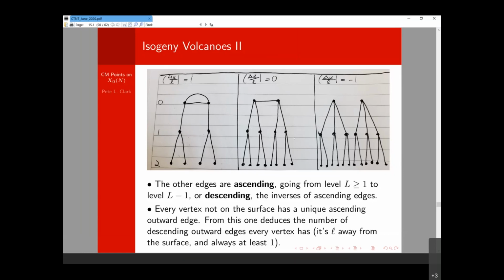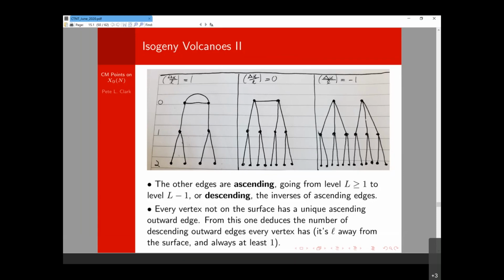This is an infinite graph, by the way. I cut it off at level 2, but it keeps going down. And here again, I'm trying to do something generic, but if you're following me, here L is equal to 2 for the pictures that I'm drawing. At first, 2 is a little anomalous for the analysis, actually. So at first I drew L equals 3, but that was too many edges.